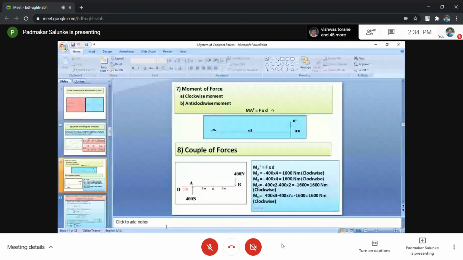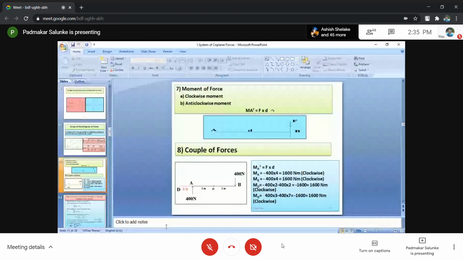The unit of moment of a force and couple of forces always remains the same. The tendency of rotation also remains the same. There are two types of moment, one called clockwise and the other anti-clockwise. Like that, there are two types of couple. One is called a clockwise couple, the second one is called an anti-clockwise couple. Everything remains similar. What difference is available?